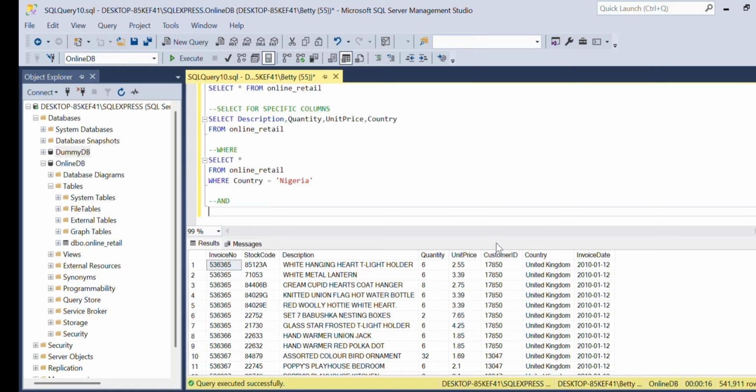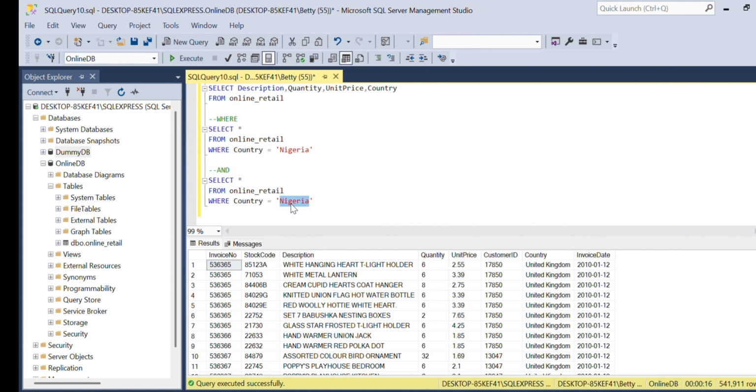So let's say I want to write a select statement. Select all from online retail, where country equals United Kingdom,